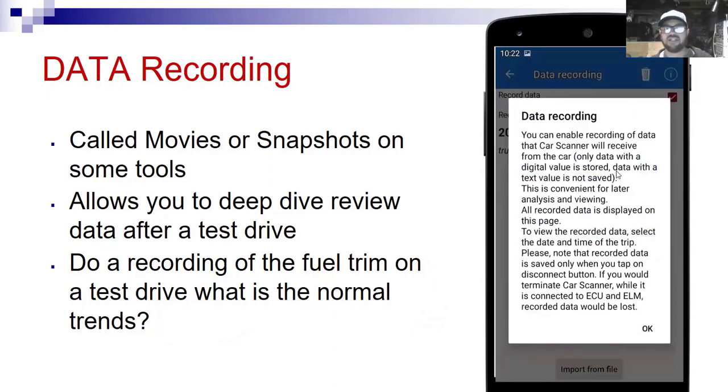And this is the next screen that comes up. Remember to enable it, you have to exit out. So